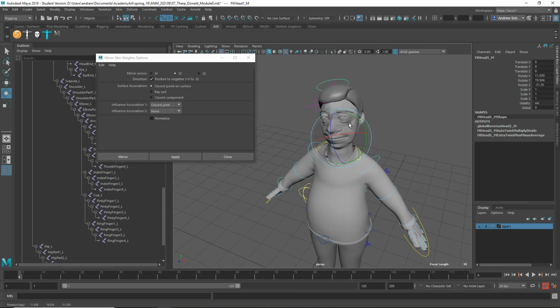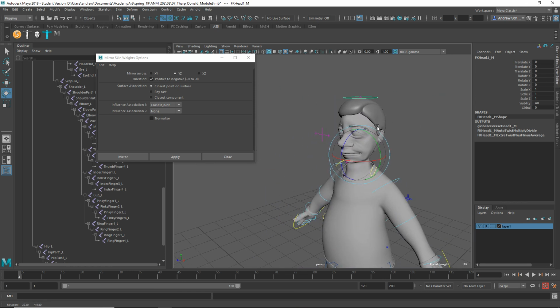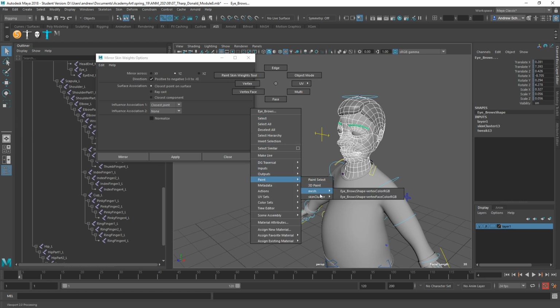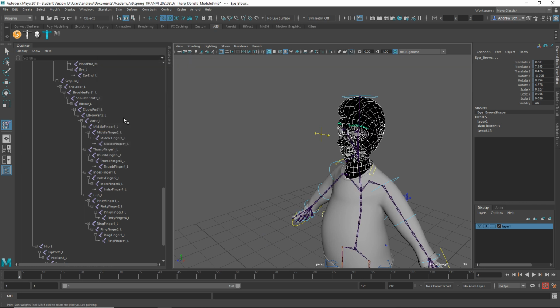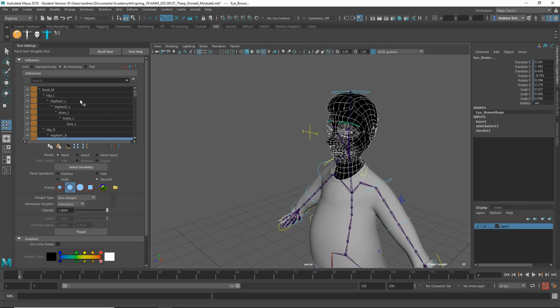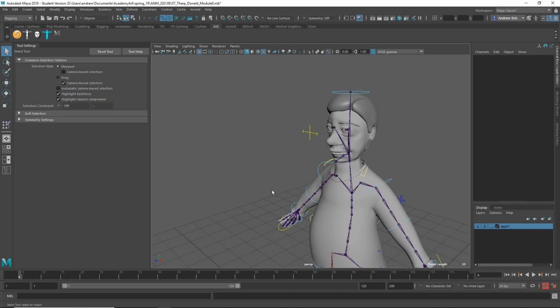I'm probably going to have to redo this. Yeah, I can see that. Okay. Might just take all this stuff, right mouse click, paint, skin cluster weights, and just to kind of shortcut, I'm just gonna flood this to the head, star, head, replace with value of 1, flood, and then